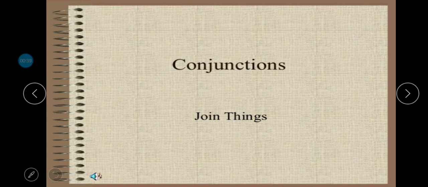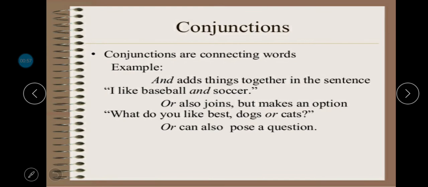So, what is a conjunction? Conjunctions are those words which join either two words or two sentences to complete their meaning. Let's see the exact definition. Conjunctions are connecting words. For example, and adds things together in a sentence, like I like baseball and soccer,